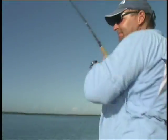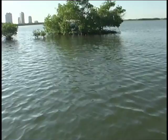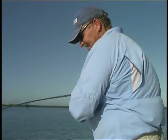Oh, got him. Oh man. I saw that fish come up and swirl in the minnows. Took two casts. Oh my gosh. That is what you like to see. Ladies and gentlemen,